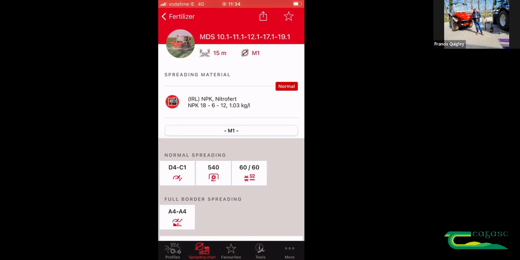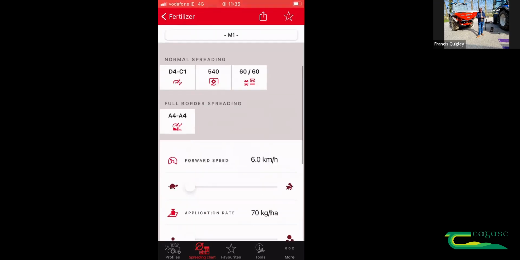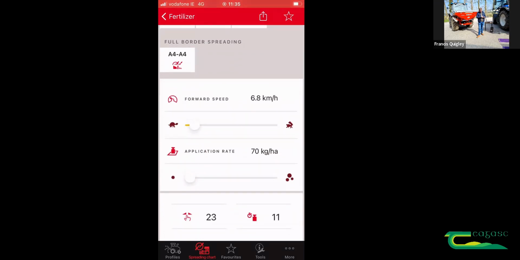The second item there is the PTO speed. The PTO speed is very important. In most cases it'll be 540, okay? But there will be situations, particularly for the wider working widths, or if you're using urea product, that you might find the PTO speed is up at 600. The next item there is the 60/60. That's the actual working height of the machine, and I'll show you where we measure that. It gives us two measurements in this case. Now further down, then, we have